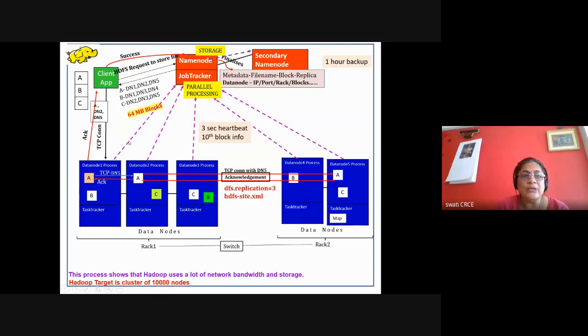For A it has to refer to DN1. For B it has to refer to DN1. For C it has to refer to DN2. So it understands that data node 1 and data node 2 are the main computers it has to contact to perform the job.